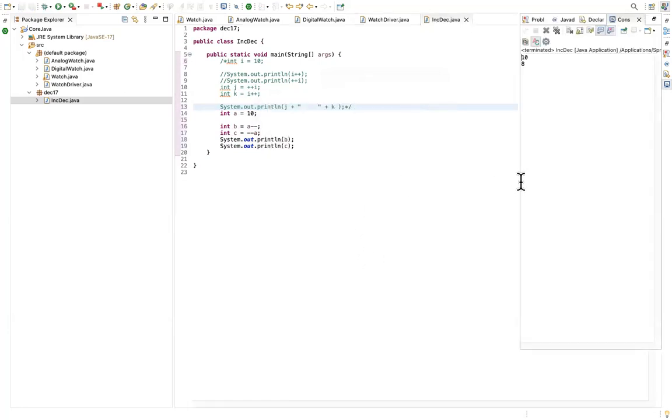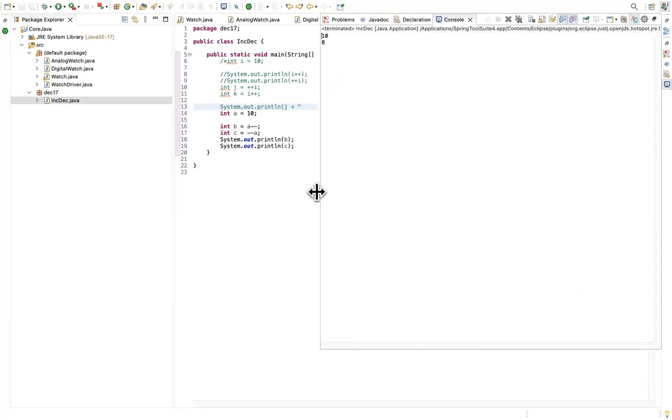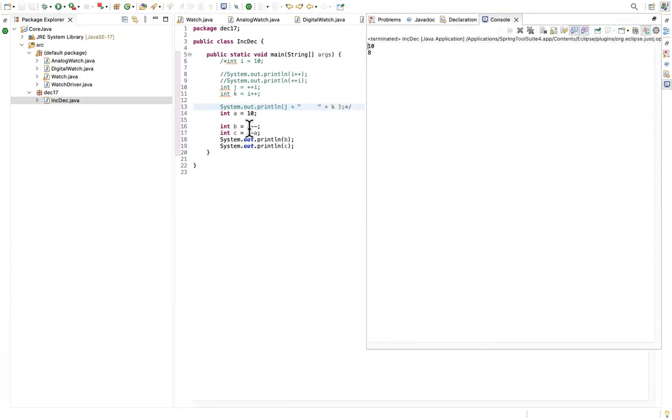So now you can see, since we're using the same value, that is the reason that the first time, with post decrement, your value was 10. And later it was assigned to B as 9. And after that you got the value of 8.